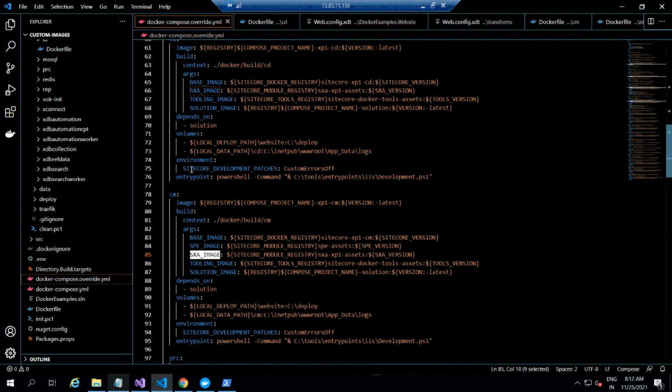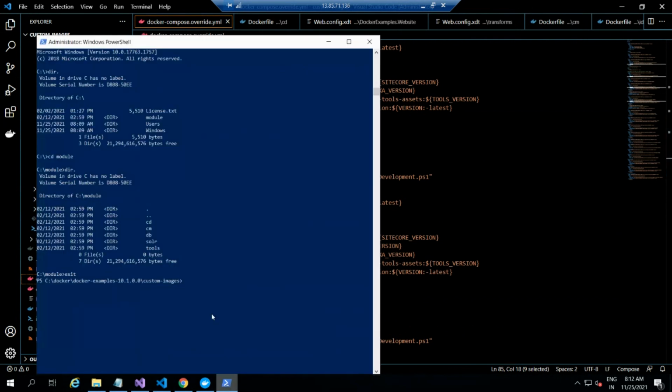Okay. So fine. It's time to spin up the container with the custom images. Before you start spinning up the images, you have to run the init ps1 script to perform this operation if you're not done already. Okay, so I have already done that. Okay, so now using the docker compose up command,